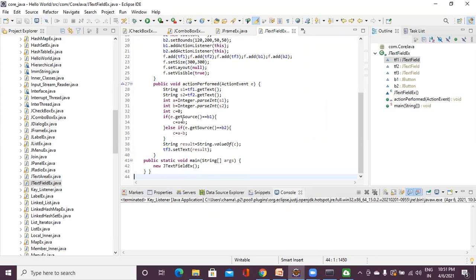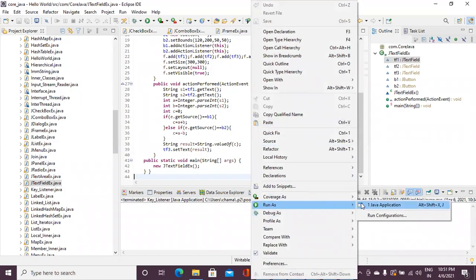Then once you click the button B1, addition takes place and the result is stored in the text field C3, text field TF3. And if you click the second button, then subtraction will take place and the result is stored. So when you run this program,